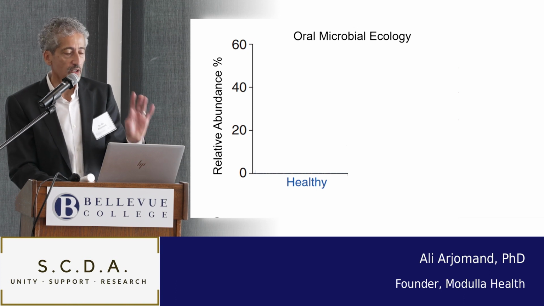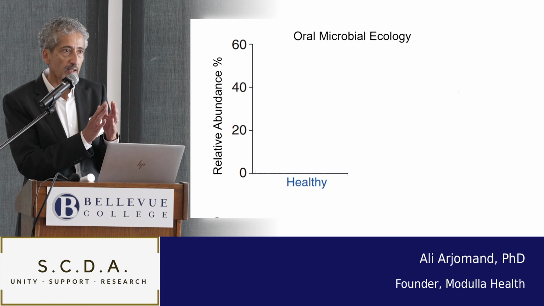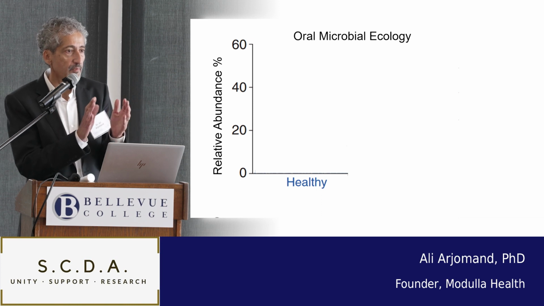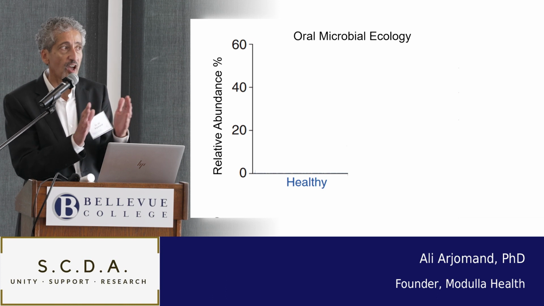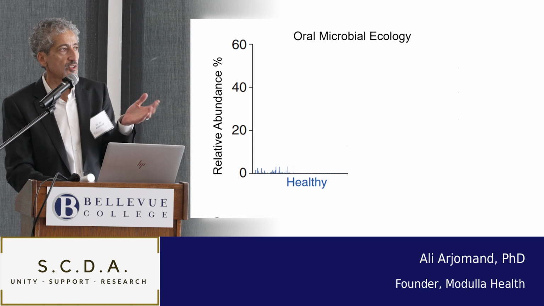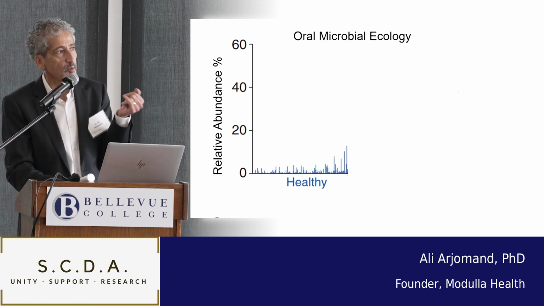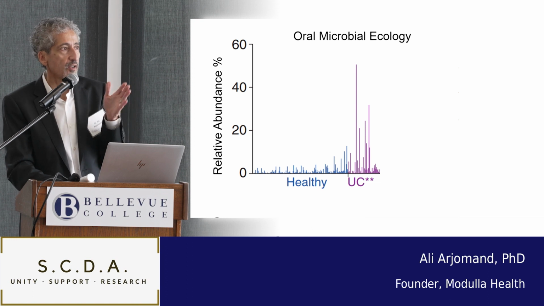Now, I mentioned those 4 conditions, ulcerative colitis and so on. I also mentioned that when the oral microbiome is not in a good place, the diversity goes up. Remember that? We want to manage the diversity, and when the oral microbiome gets a little bit out of whack, the diversity goes up. So in this chart, we're looking at individual patients and the diversity of their oral microbes. This is kind of what you see in a normal population. This is what you see in ulcerative colitis. The diversity shoots up, one by one, individual by individual.